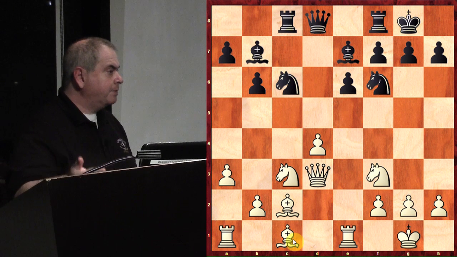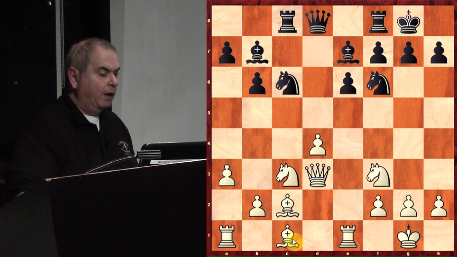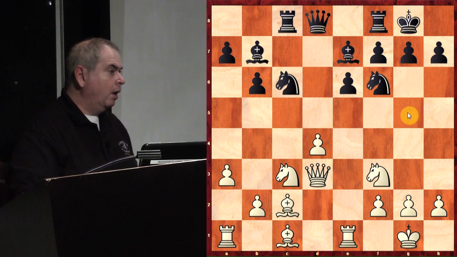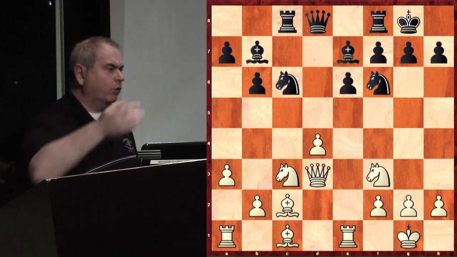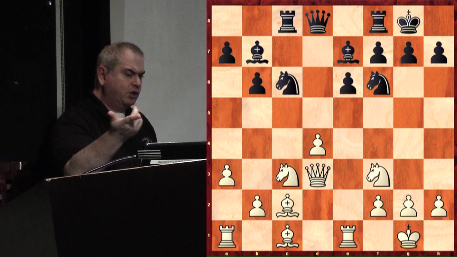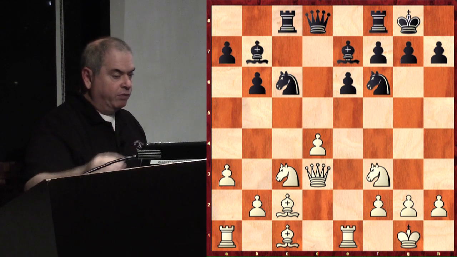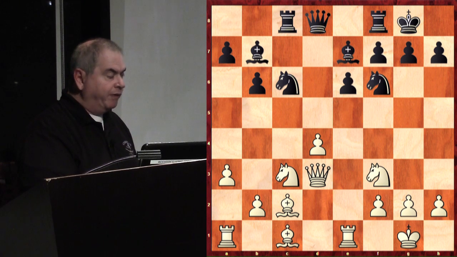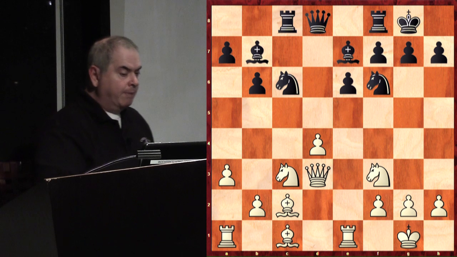The funny thing is that in this position, Smyslov played bishop g5, and the game was still very good. As a matter of fact, I think that Ben Feingold, even when he was talking about legends of the game and he did a Smyslov lecture, I think he showed this game, and with bishop g5. But as a matter of fact, bishop g5 here is by far not the best move. The best move is